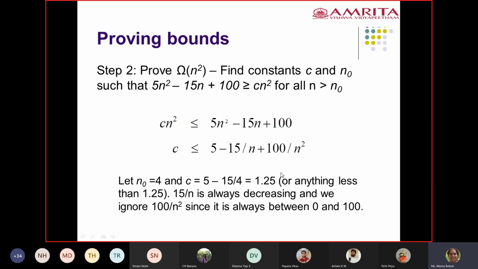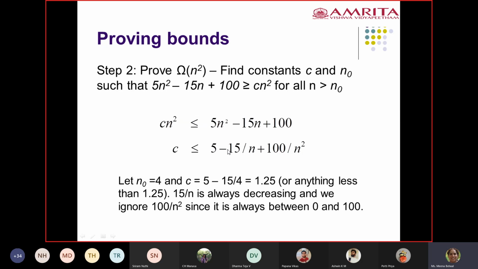You have to do some sort of trial and error here. So why did you do that? Because you assumed n0 is equal to 4. If you say 4, what happens here? Because it is 15 by n, and you know that 4 4s are 16. So 4 4s are 16, and if you do 15 by 4 here, you know that